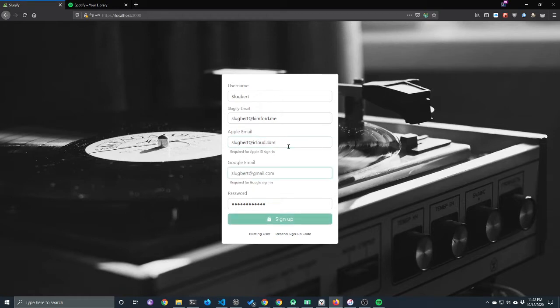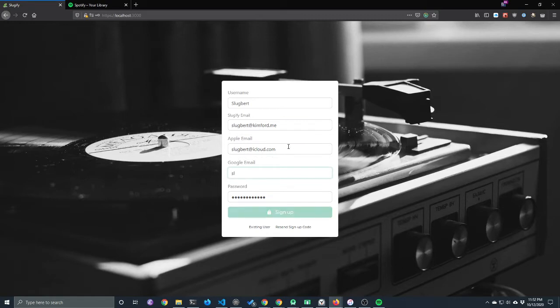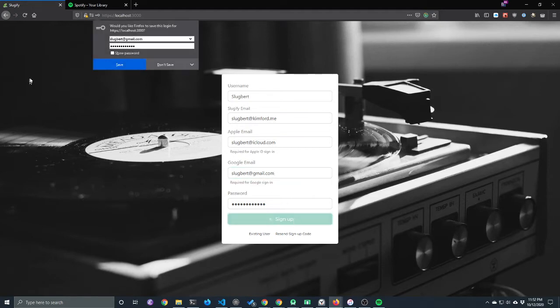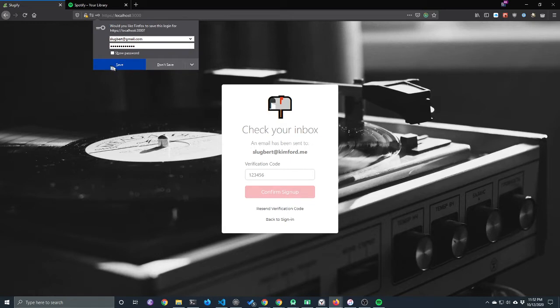Okay, and if you've got a Google account, which is best to log in if you got a Google account, obviously, and if you're on a Windows machine and you got that configured, that's the way to go. That would be Gmail. Okay, and type in a complex password. Okay, if you don't, it will cry at you. And we sign up. What this will do is basically